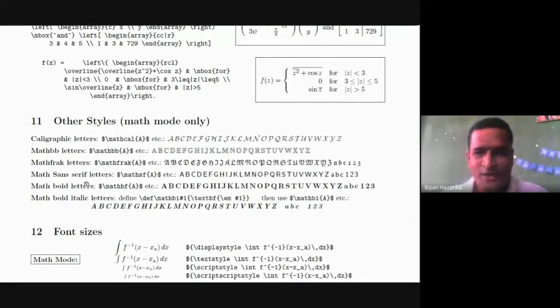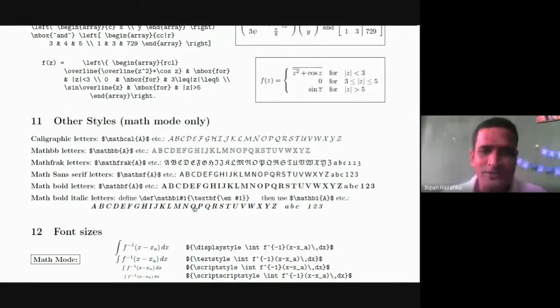If you want to write this type of letters, we write mathsf A, that means you get A. If you put B here, you get B like that. And mathbf means bold font only. Here a double line comes, here is only the bold font. So for bold font we write this notation.